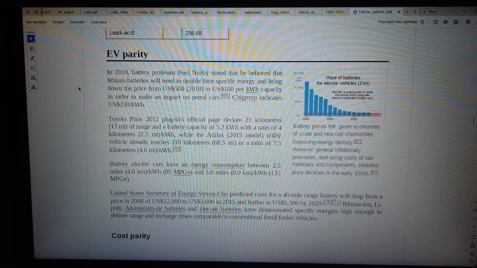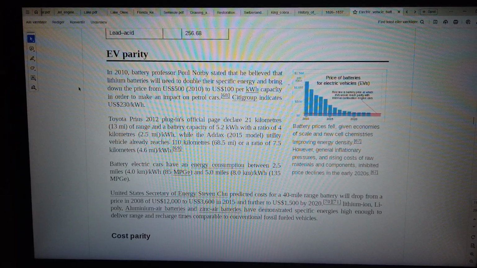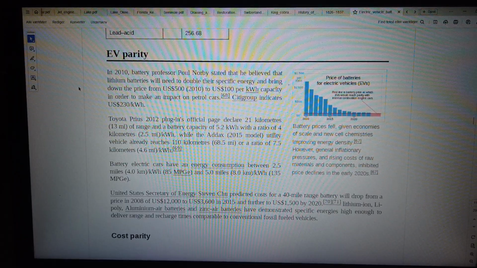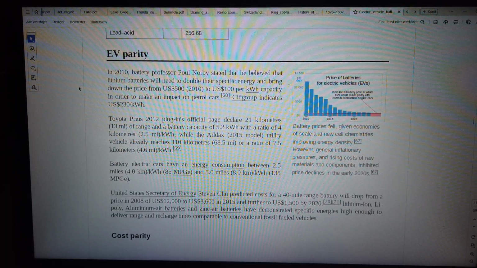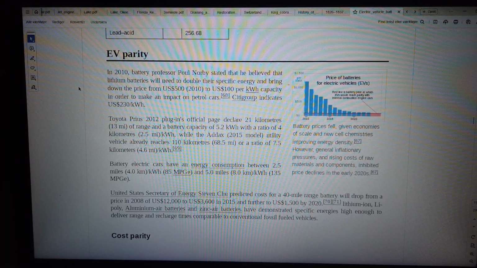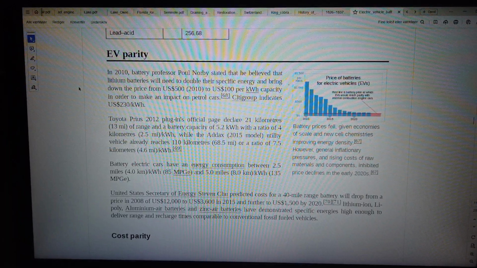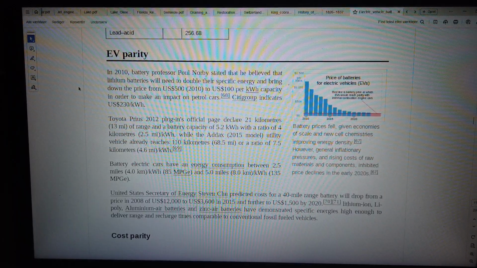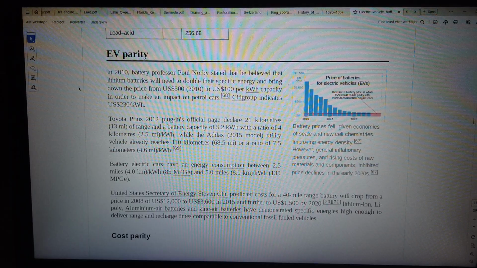In 2010, battery professor Paul Norby stated that he believed that lithium batteries will need to double their specific energy and bring down the price from $500 in 2010 to $100 per kilowatt-hour capacity in order to make an impact on petrol cars. 68. Citigroup indicates